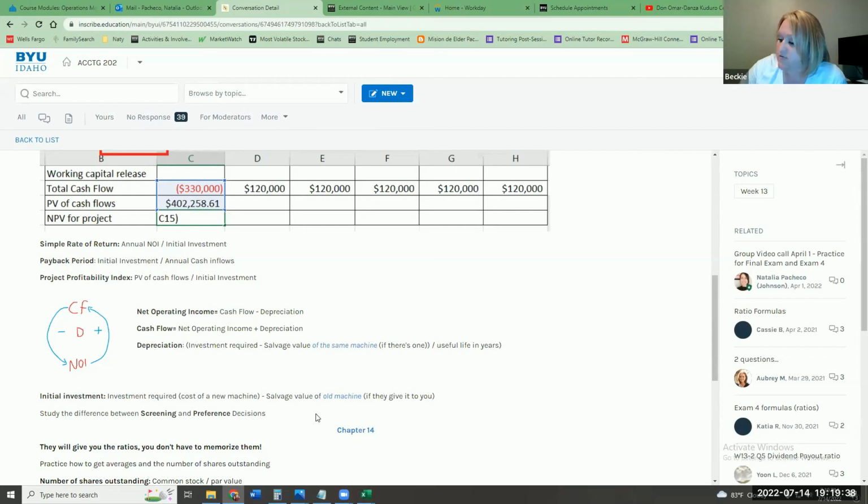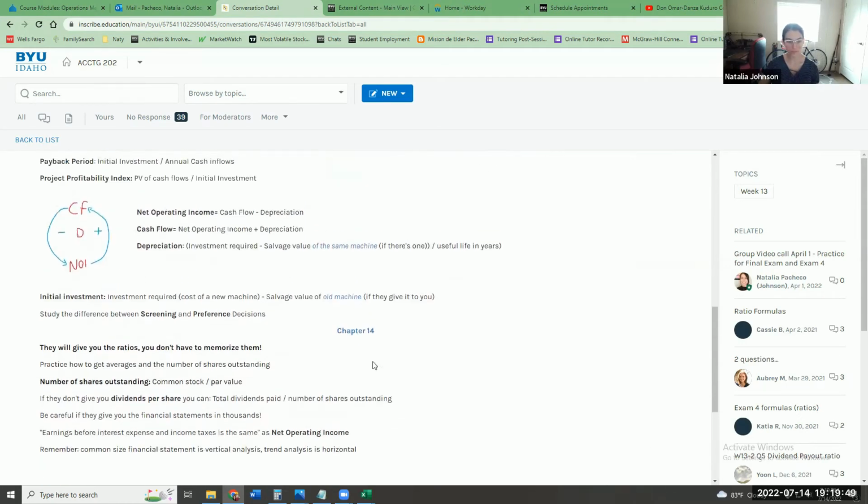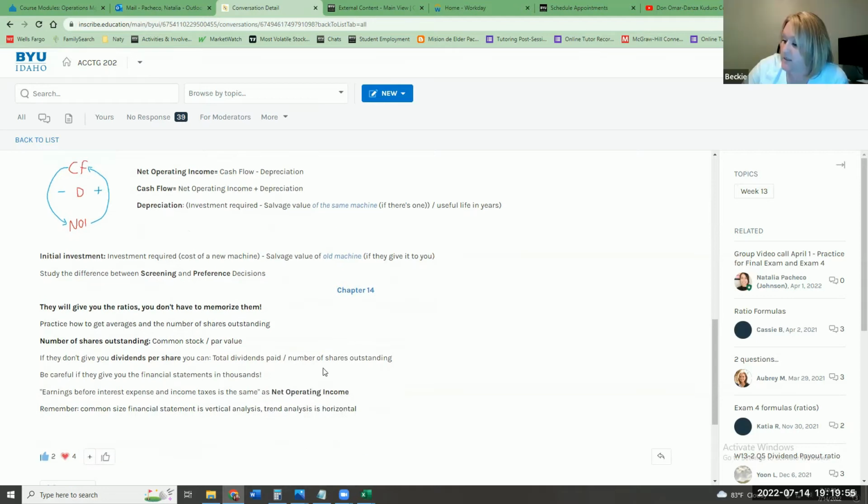Okay, so just to clarify, common size is the vertical. Yeah. And trend analysis is horizontal. Common is vertical and what is horizontal? The trend. Oh, yeah, the trend is horizontal. Okay, so now I'm gonna share